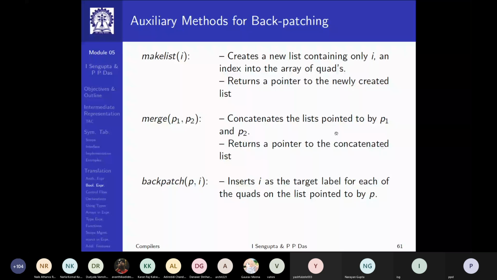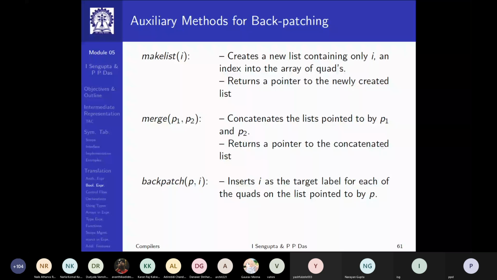Backpatch is a special function which takes a list and an index. So you know the list, either a true list or a false list, has a set of indices for each one of which the target is dangling, it's not known. So what does backpatch do? It takes such a list of indices and another index value I and fills up these dangling targets with this value.